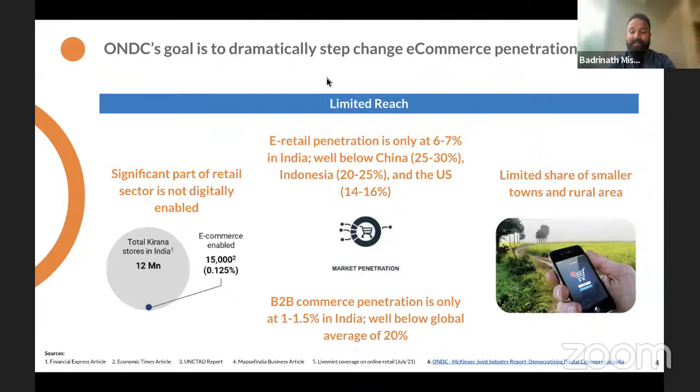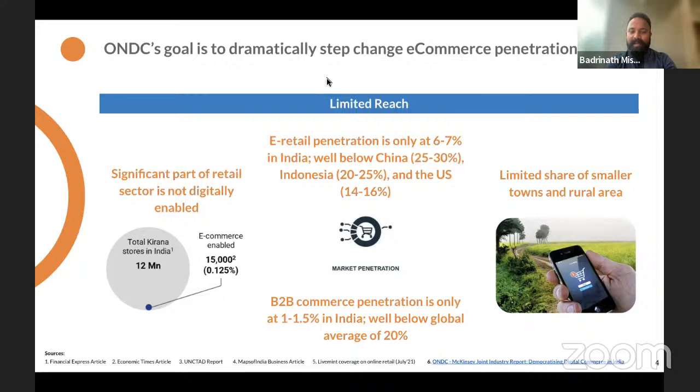Every business has an intention or objective to reach the maximum number of customers possible. And every customer also wishes to have the maximum number of catalogs or products to choose from. E-commerce is the solution that has given scale, as we know, to both businesses and customers.